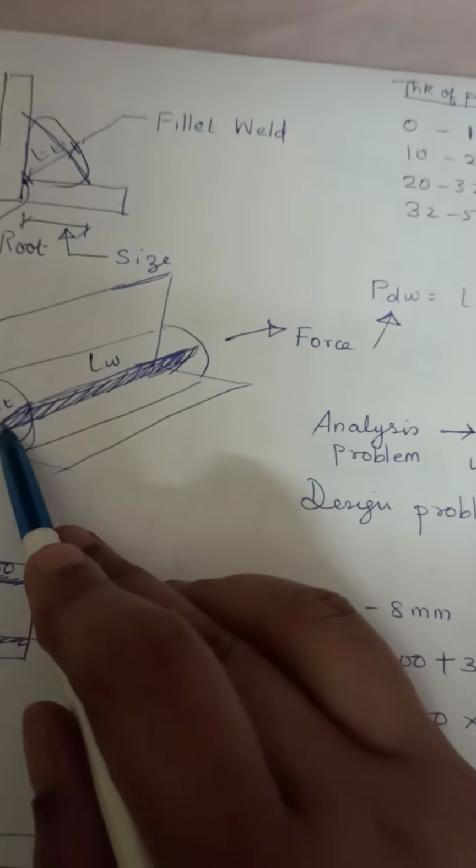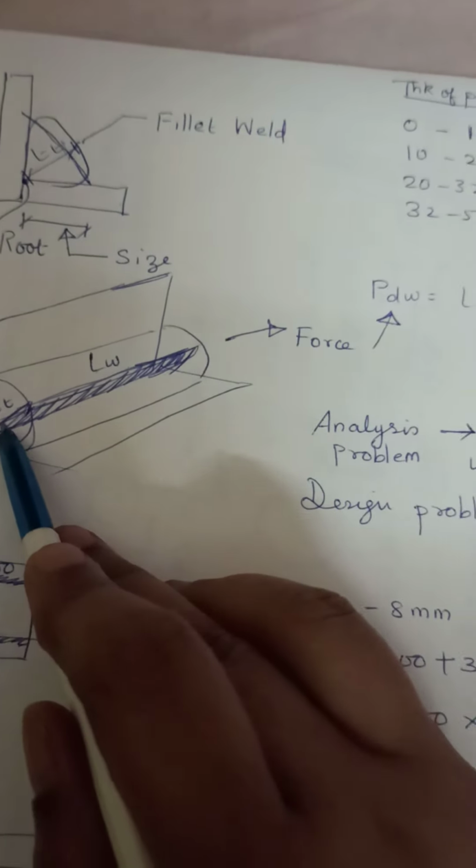The factor of safety is considered 1.25 for factory welds. In factory welds the efficiency is good, so the factor of safety is 1.25. In site welds the efficiency is less, so the factor of safety is taken as 1.5. So when you apply 1.25, the strength of the weld is more in the case of factory welds, and when we apply 1.5, the strength of the weld is less because the factor of safety 1.5 put in the denominator will give you a lower value. So for site welds, usually the strength of the weld is reduced.